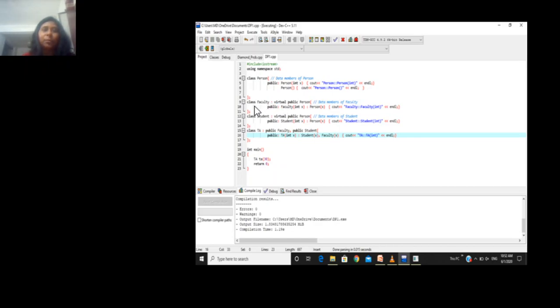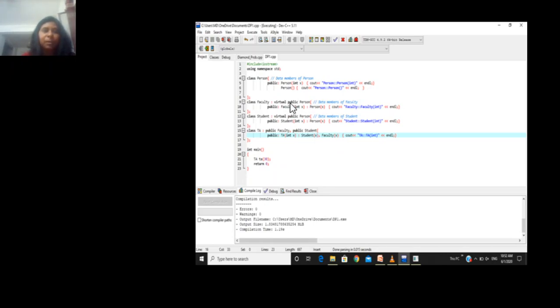Now here person is the root class. Whenever we are inheriting person in the derived class, like in class faculty we are inheriting person, we just add the keyword virtual preceding the public keyword. It doesn't matter, you can also write virtual after public.